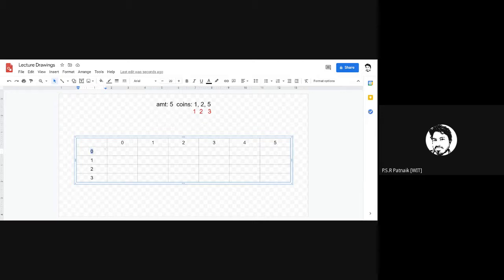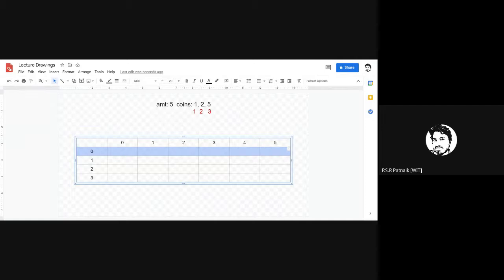We have taken index 0 because for implementation, I need not worry about the i minus 1 index. When an array has a length of 5, the last element is always at length minus 1. In order to overcome this, we have taken this additional row. It is up to you whether to take this row or not, but for the sake of implementation, we have taken it. You will understand the importance of this row when we convert this logic into code.